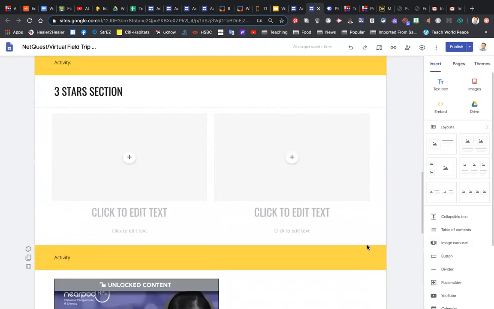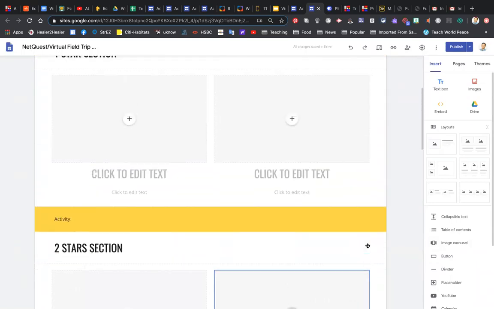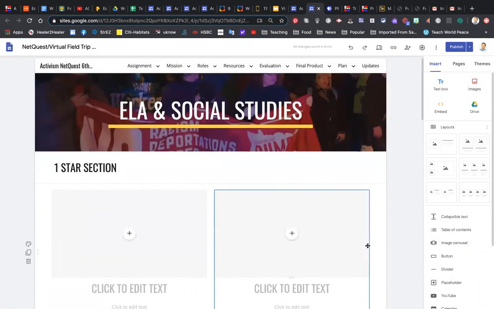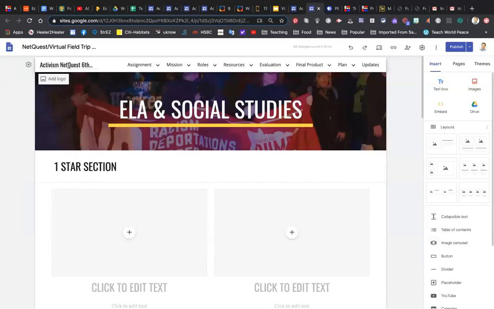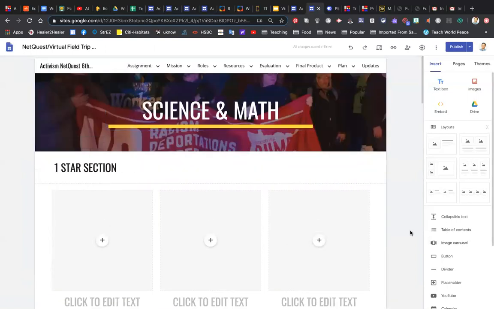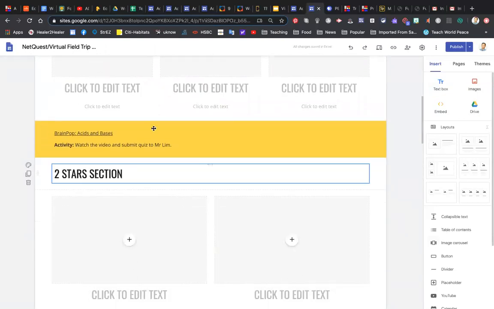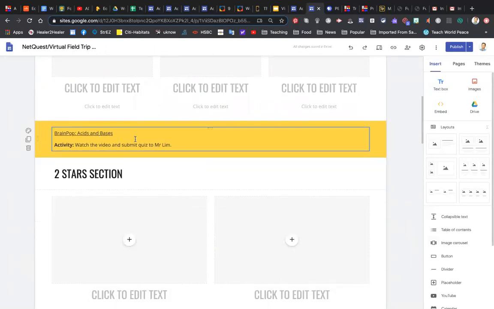Okay, so again, I left this purposely blank so that you guys can fill it in with your information that you've sourced. There's a drop-down menu, science and math or STEM, the same thing. There's different sections. Here's the BrainPop acids and bases link that they can go to with instructions saying, watch the video and